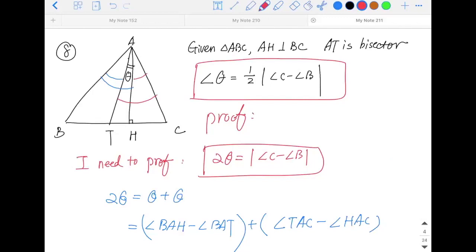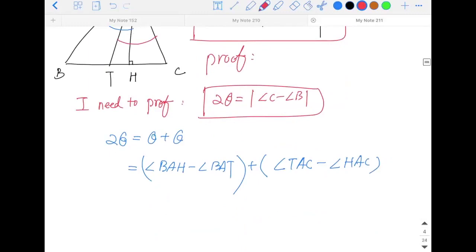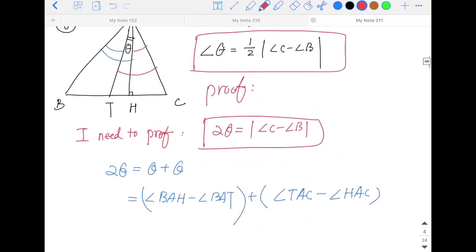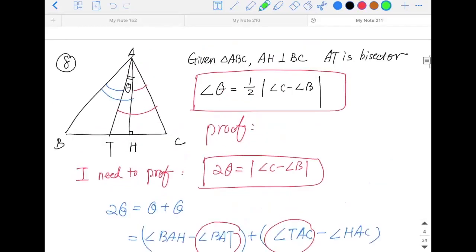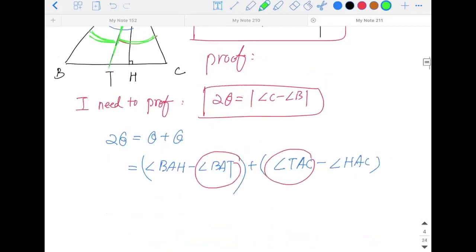The difference between these two angles also gives you theta. Okay, but let's check it out from here. BAT, TAC, BAT is what? BAT is here. TAC is here. Because AT is what? Bisector. So of course, these two angles should be the same, right? So these two can actually cross out. You directly get BAH,